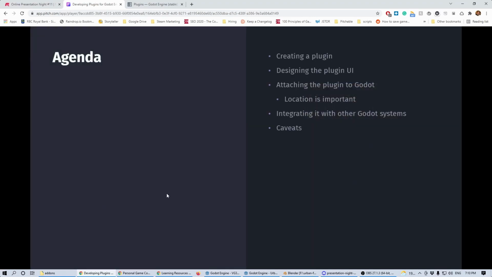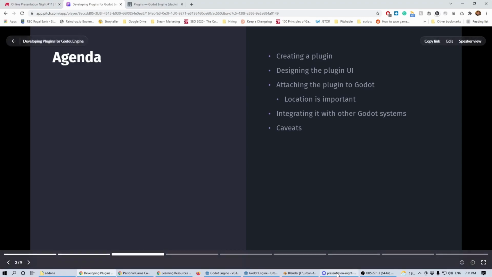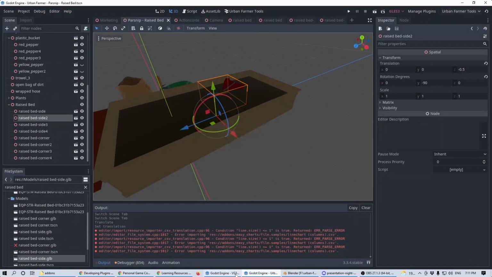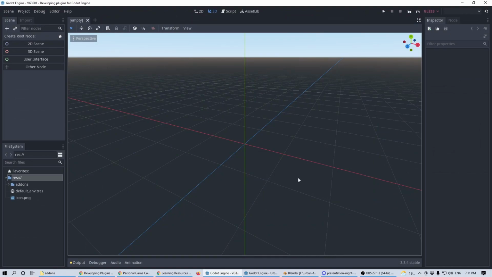So today's agenda will be how to create a plugin, and then we will look at the interface of the plugin and how we introduce it to Godot, and then maybe we can work out with other Godot systems. I'm going to be brave and do this live instead of a slideshow. So here goes nothing. Nope, wrong Godot. Okay, this is the right Godot